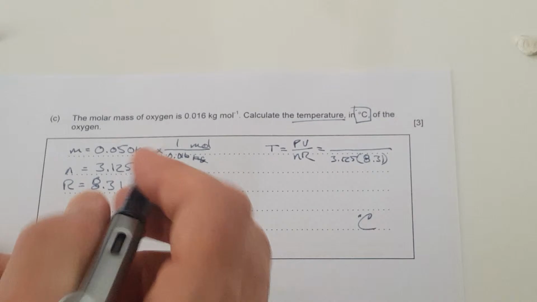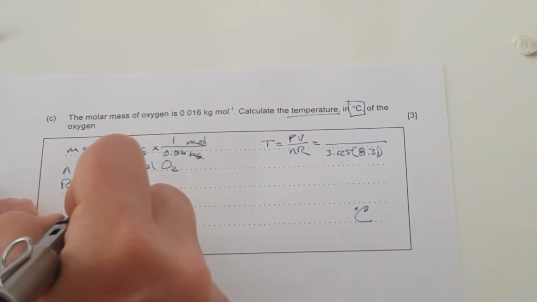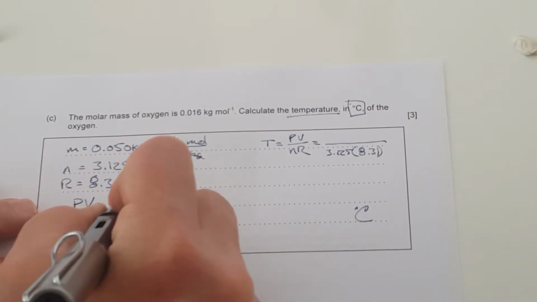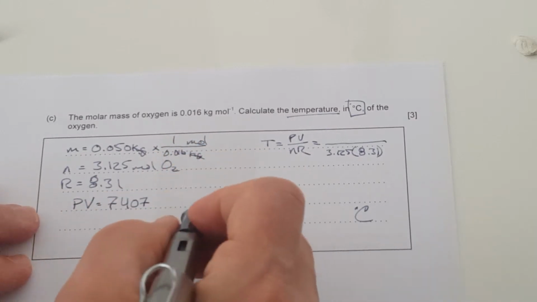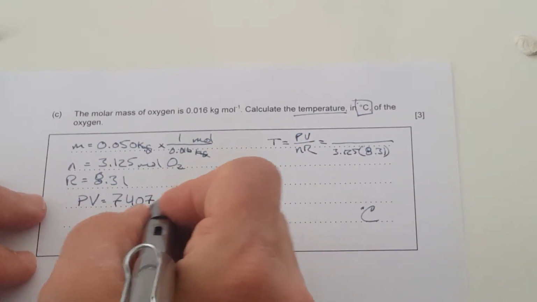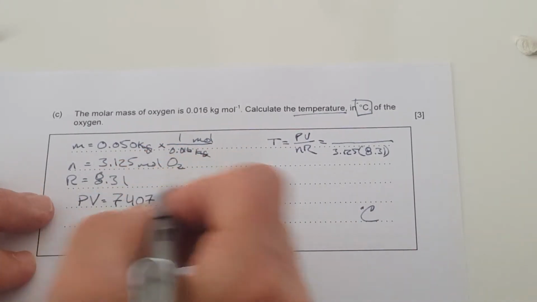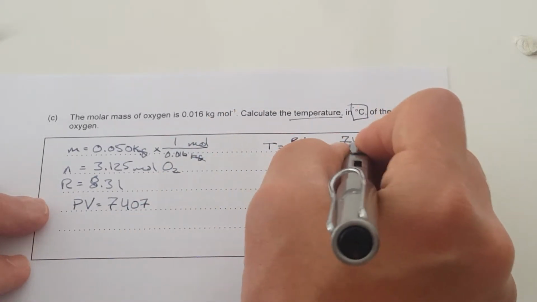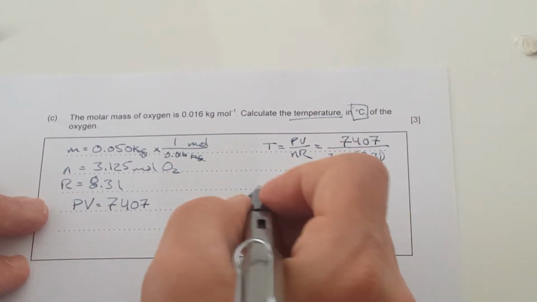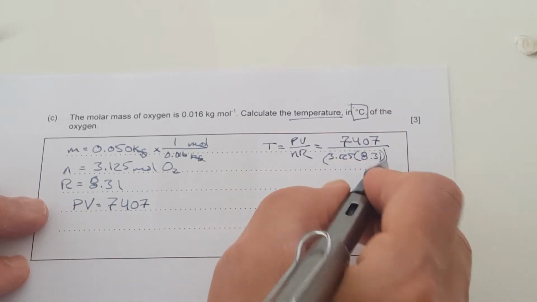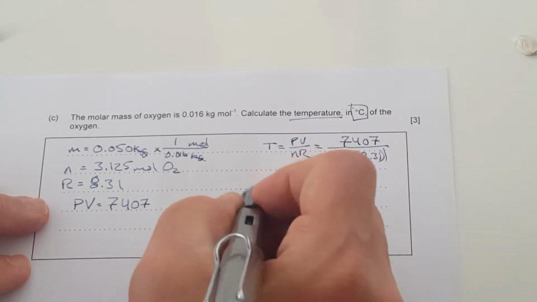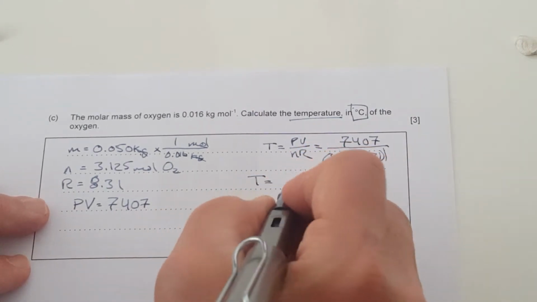Going back to my problem, I can say that my PV is 7,407. We'll worry about the units later. But now I have all of my information. So this is 7407. Doing the math, making sure that I put parentheses around everything, I come up with a temperature of